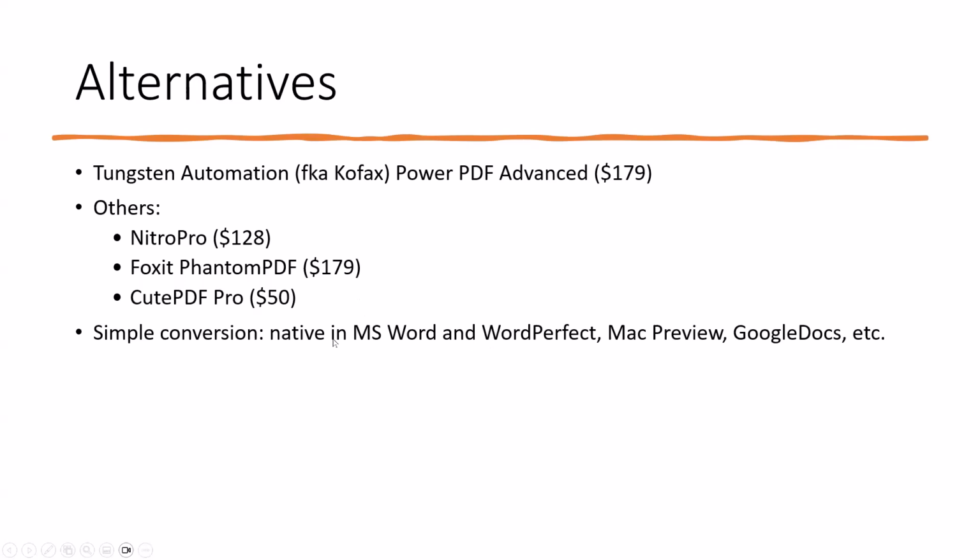And of course, you can convert documents from Word and WordPerfect to PDF within the application. So that's not all that tricky. I wrote an article about the different alternatives, comparing and contrasting what they can do. So I'll let y'all read through that